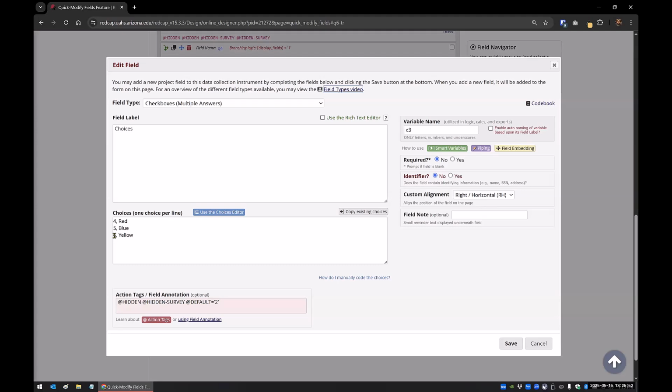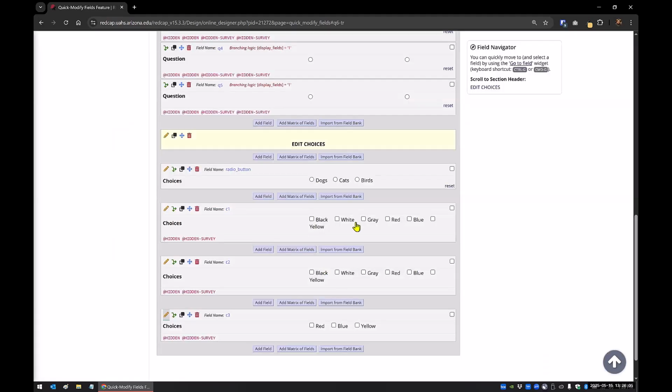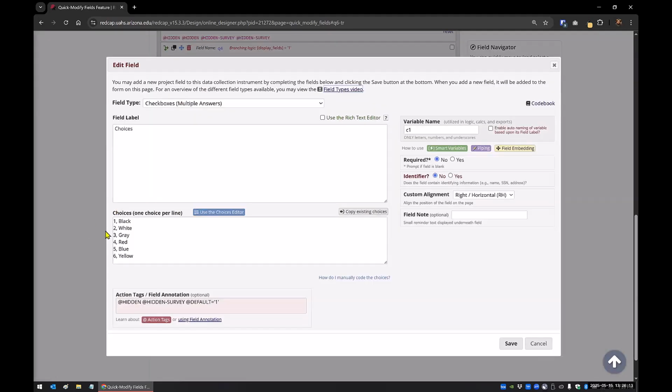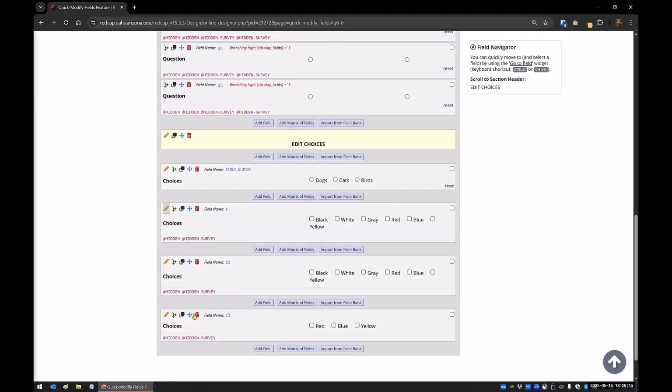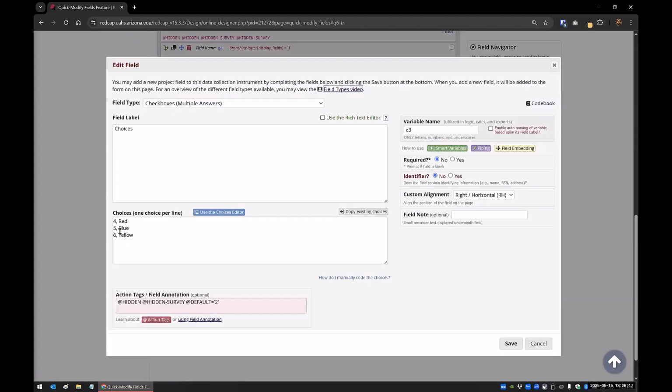No, when I made the field, I had just typed the values and then it auto-assigned 1, 2, 3, and then I changed them to 4, 5, 6 before I saved it. Oh, yeah. Because I realized it was going to conflict with these up here that were 1, 2, and 3. Oh, I see. Yeah. So if red, blue, and yellow were 4, 5, and 6, and these were 1, 2, and 3,